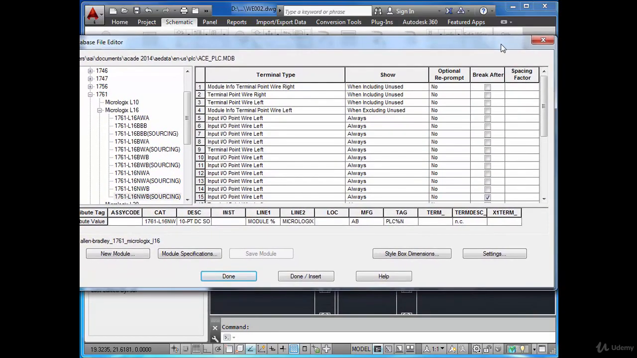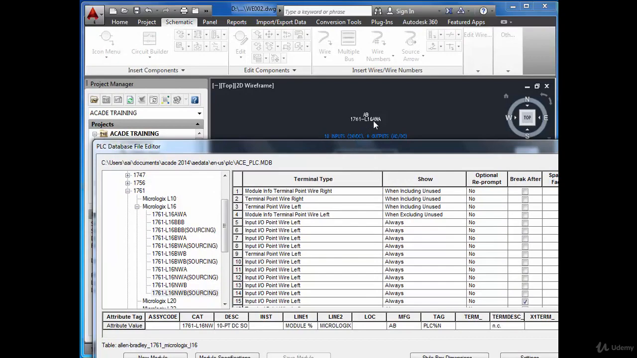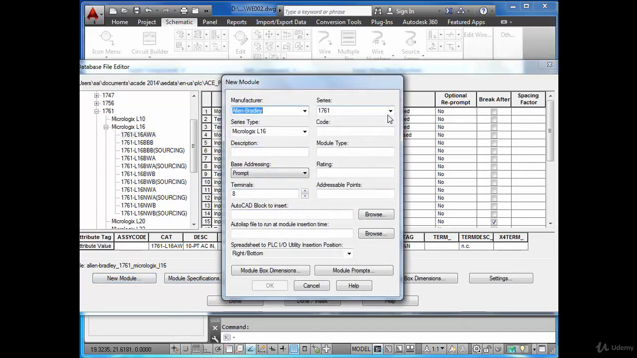So this is my database editor now. What I have inserted now at present, this module is 1761 L16 AWA. Okay, let's say new module. Here I want to create the same series, a new module. Let me name this custom. That is my new module. Okay, description, if you want to put any description,